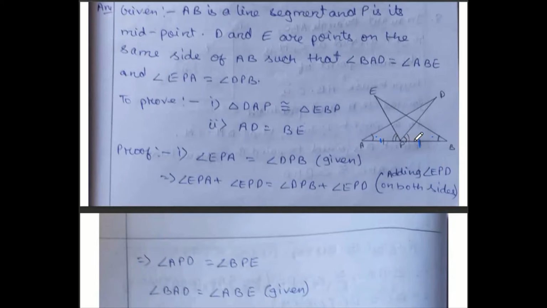But the problem is this angle, which is given to me. But our triangle is DAP. In this triangle, this angle is not coming. We are going to have this angle till this much. So, I'll repeat again. In this triangle, I need this angle, full APD, but it is given to me this angle and this angle both are equal.